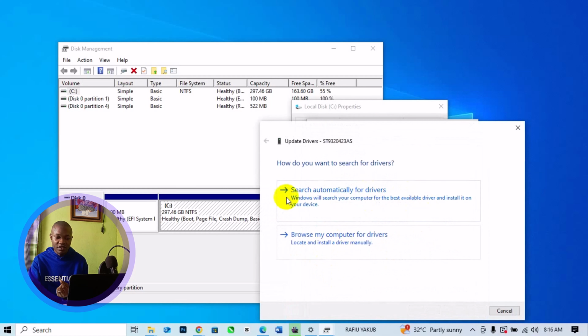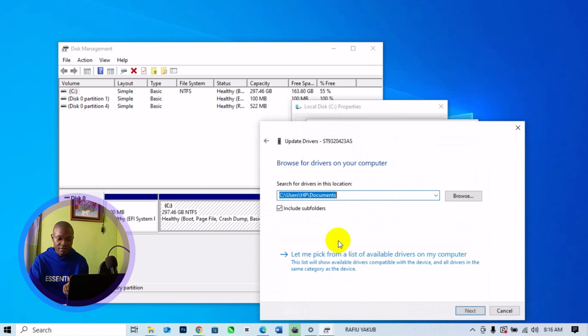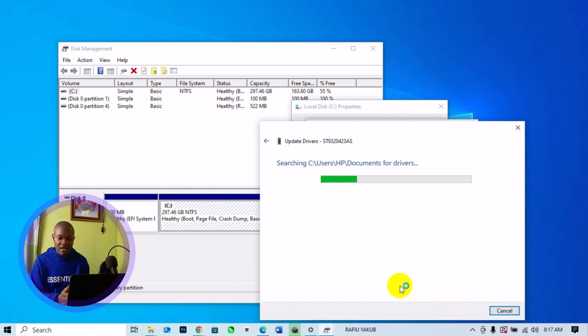How do you want to search for driver? Search automatically for driver. Windows will search your computer for the best available driver and install it on your device. Browse my computer for driver, locate and install a driver manually. So choose this particular option right here. Then we have your C drive right here. So next thing you need to do is to simply click on next and allow this scan drive to complete,